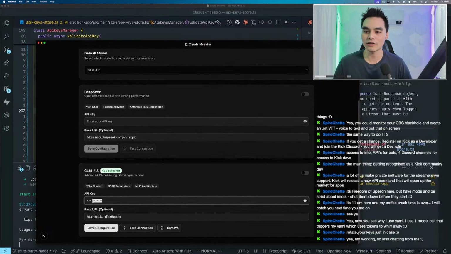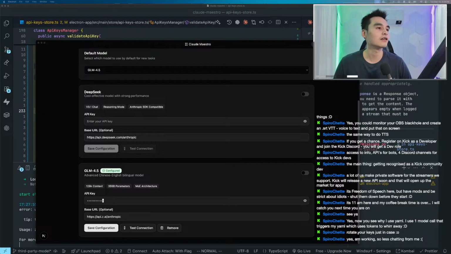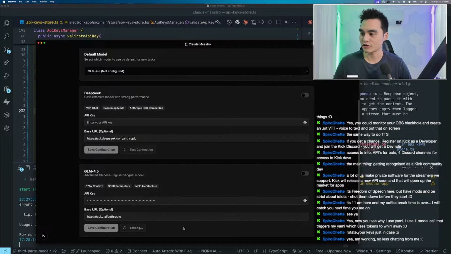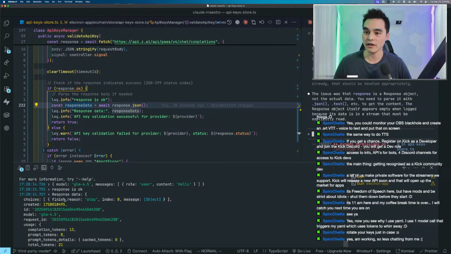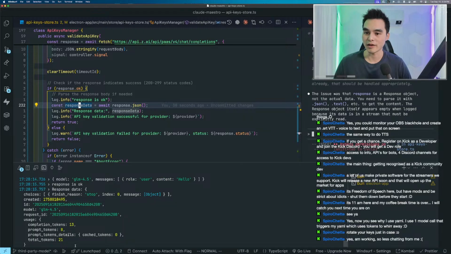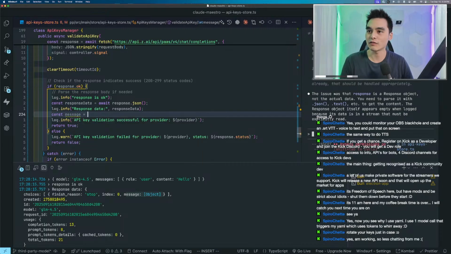Why does it not remember my keys? I gotta figure that out. Leave, and then put in my keys again. Test connection, please. Response data. Okay, finish, stop, and so on. Okay, message. Wonderful, but I want to see the message. So then can I do const message equals